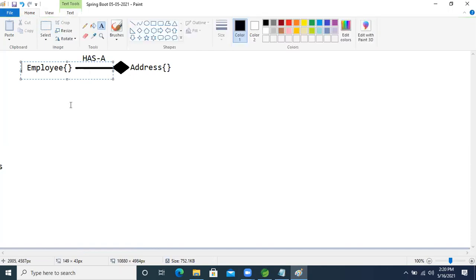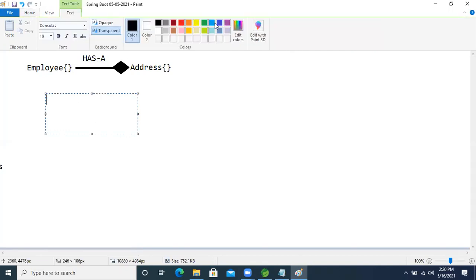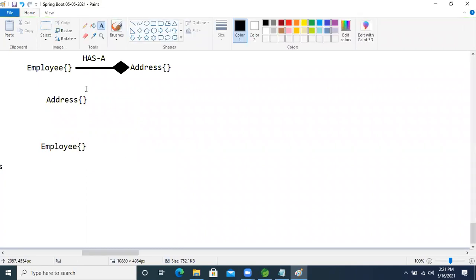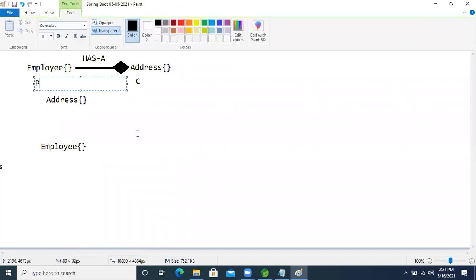But just think about the same thing if we are using the implements or extends keyword. In this case, I'm taking the address class, and downside the employee class. Here this one is the child class and this one is the parent class.